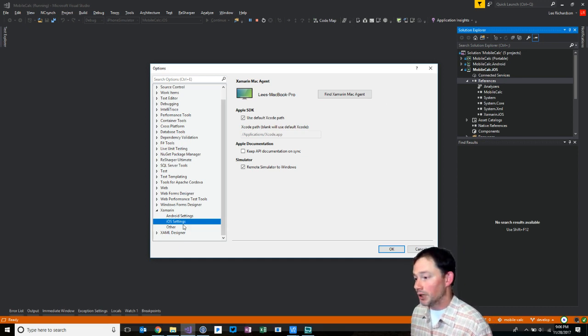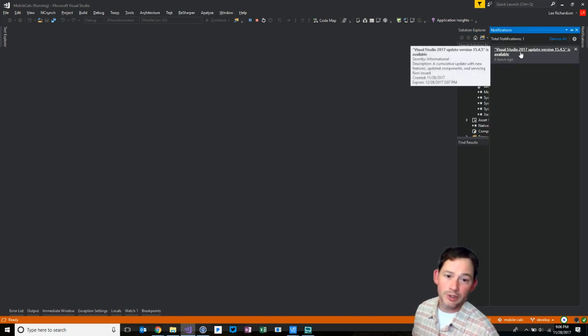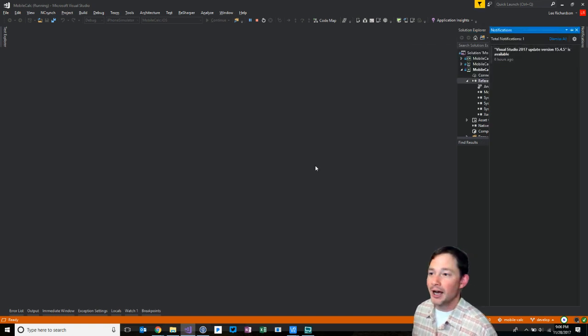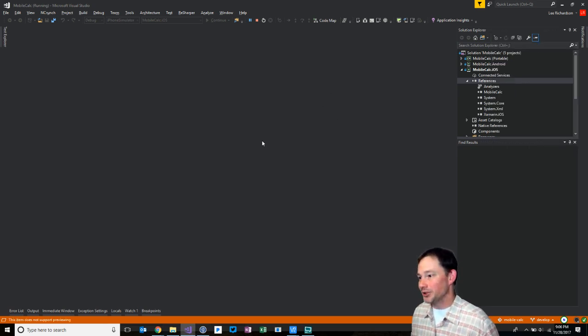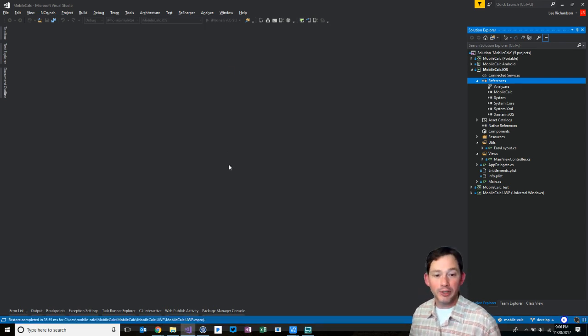But I just go into my iOS settings and I turn off the remote simulator to Windows. I noticed, by the way, that there's an update here for Visual Studio, and I bet that fixes it, but probably a really bad idea to go and update Visual Studio right before going live, so I'm not going to do that. What I am going to do is stop this and start this, and I'm going to remote desktop